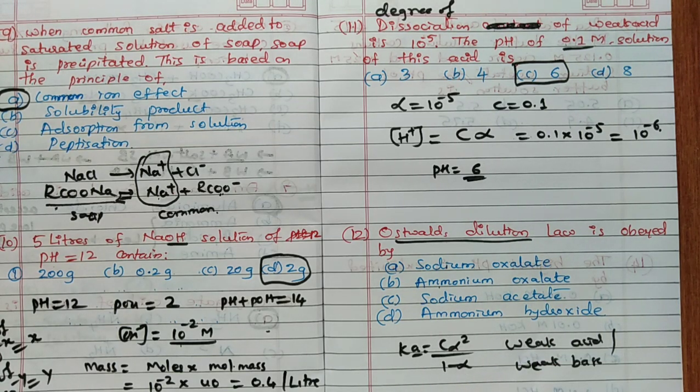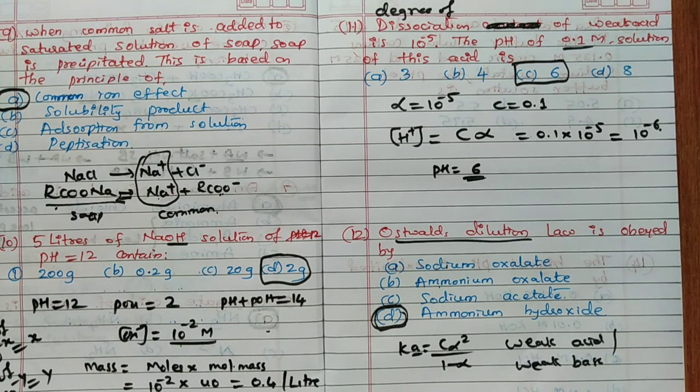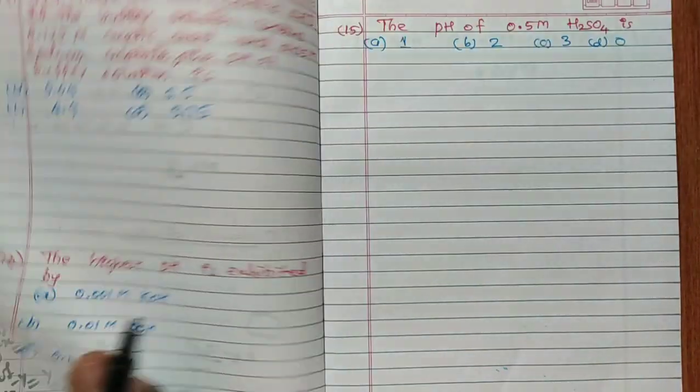Remember, in this particular case, sodium acetate is strong. So ammonium hydroxide is weak. Hence the answer for this question is D. Ammonium hydroxide, NH4OH, is the weak one, remember. So Ostwald's dilution law is used for D. Remember that. Out of all, the weakest is this one. Hence the answer is D.